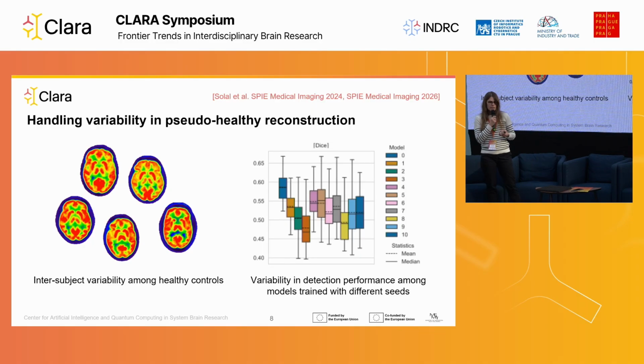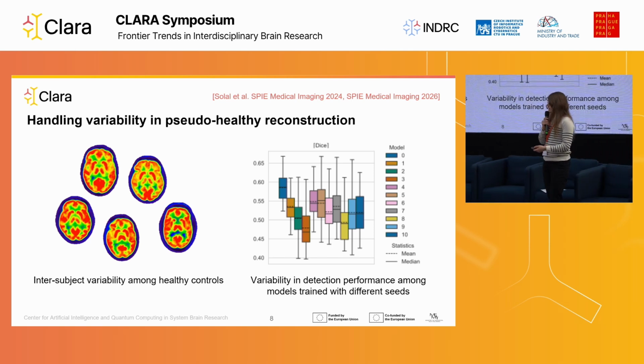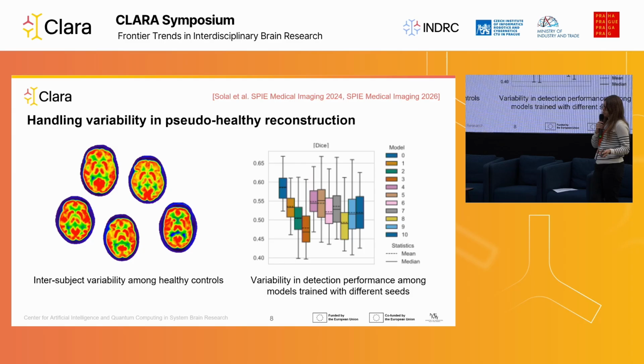And we also investigated the variability that arises when you use different random seeds when you train models. And here you can see that the performance in terms of anomaly detection varies a lot depending just on the random seeds, which you don't want. And so we show that by combining different models, we can actually have a more robust